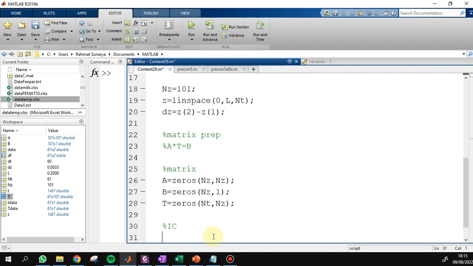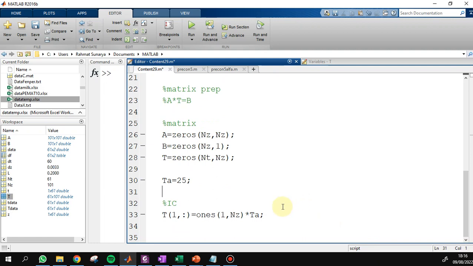Initial condition: T in all rows, column 1, we fill with the initial condition, ones multiplied by TA, where TA is 25.